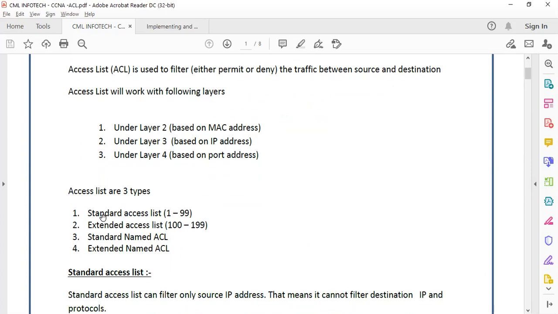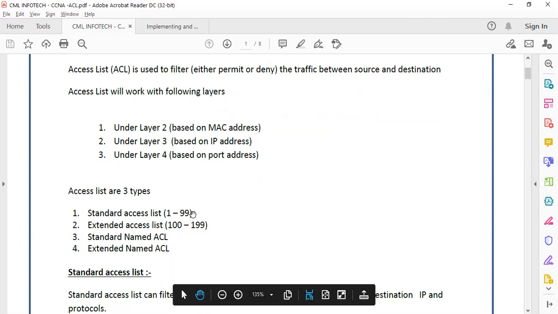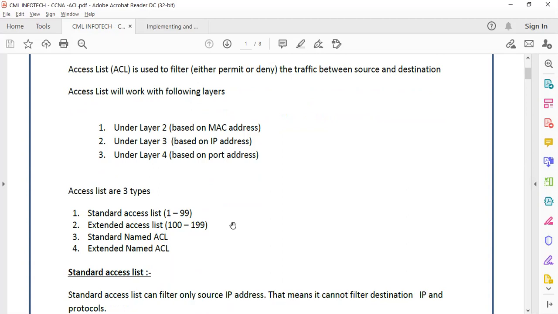So while we perform an access list, we can go ahead with either a standard access list or an extended access list, by referring with the number. When you create an access list statement, you need to define a number. When you define a number between 1 to 99, that will be referred to as a standard access list, or from 100 until 199, it is considered an extended access list, and there are some differences.